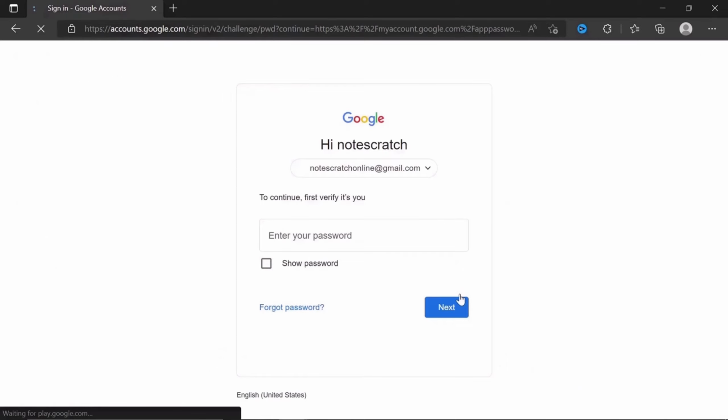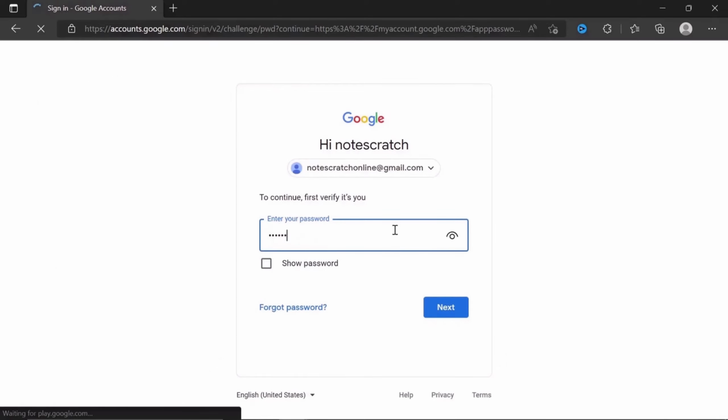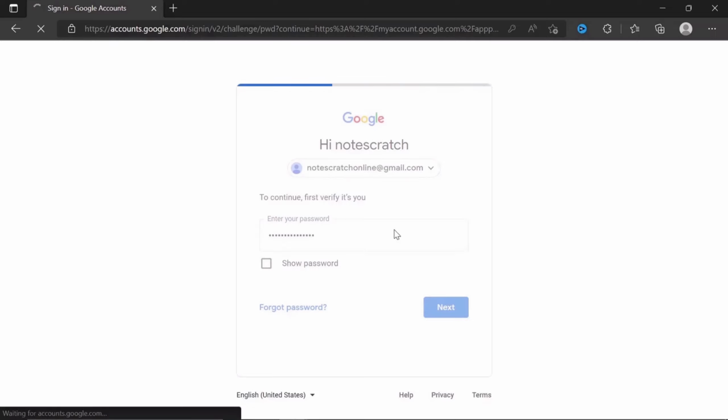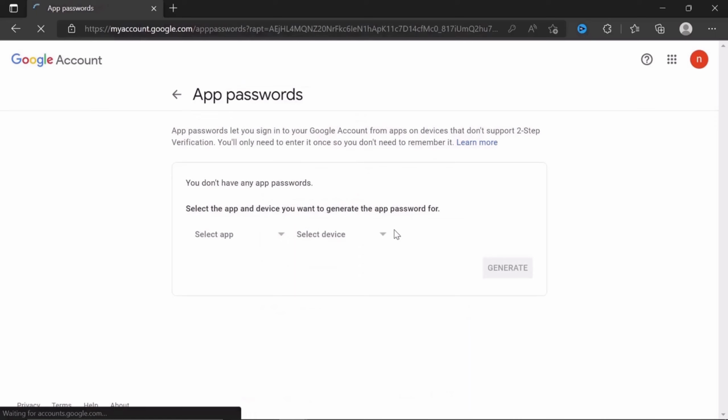and it will ask you to verify it's you. So let me just enter my password. Oops, I just got it wrong. And hit enter. And after you are in, you can see a tab named app password, and now you have to create an